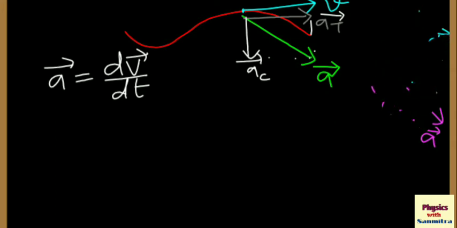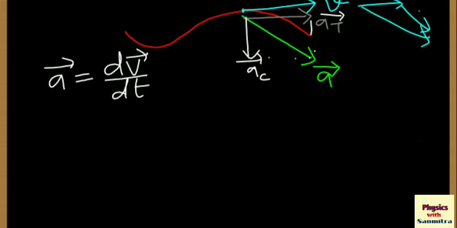Let's focus only on this part of the curve. See one thing very carefully. If I find out dv by dt, then dv will be in the direction of dv, and dv is in the direction of a, it is not in the direction of v. The v vector is in this direction, but the dv vector will be something like this because the velocity is changing to this. So the a vector and the v vector both have different directions. So differentiation of the v vector with respect to time will give us the a vector, that is the total acceleration, and not the tangential acceleration.